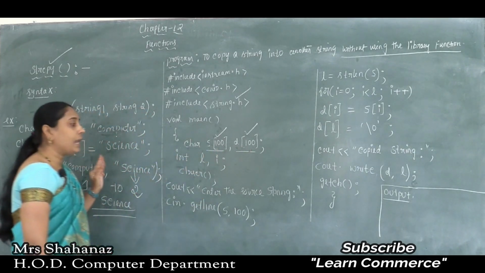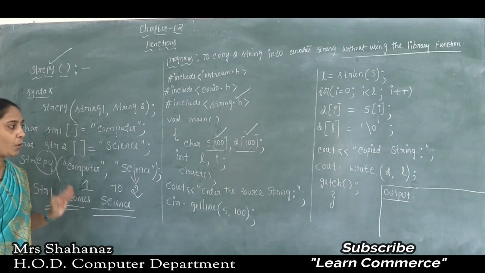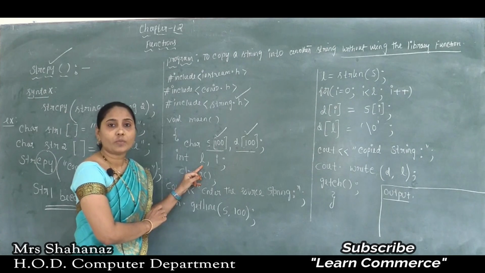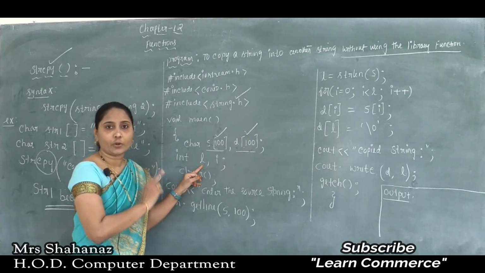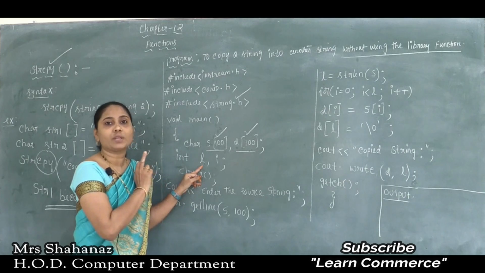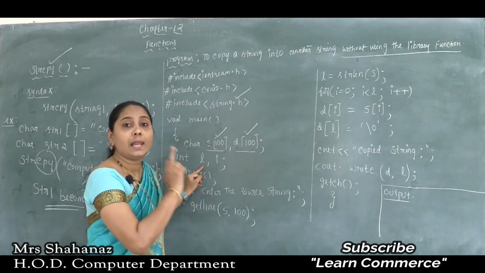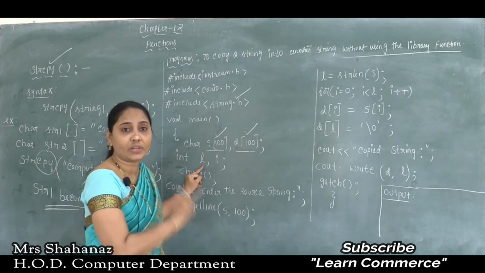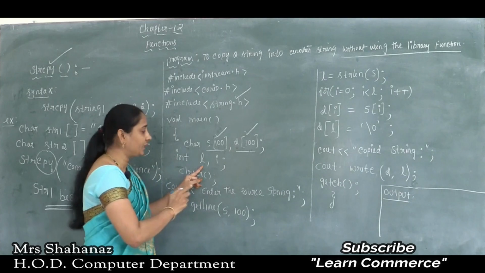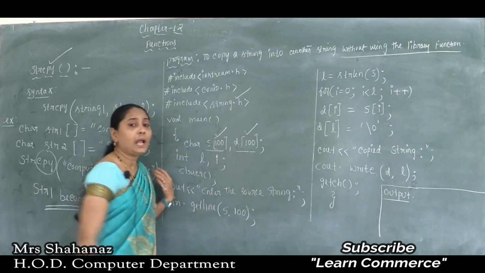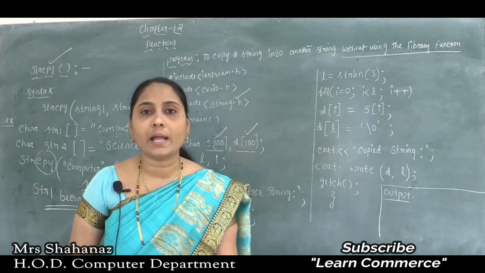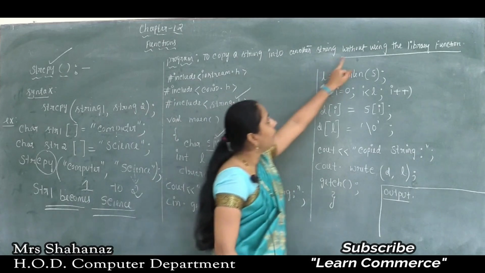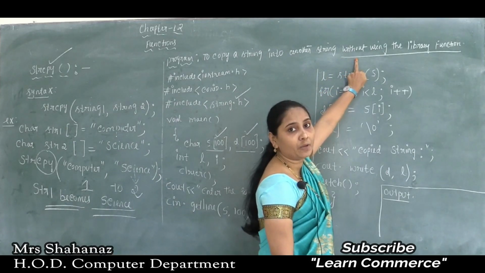And after that, to complete the program, I need to use some other variables. The first one is L. L is used just to find out the length of the string. As we know, the meaning of the length of the string is the number of characters within the string. And later we need to use the variable i. And why are we using the variable i? Because here, without using the library function,